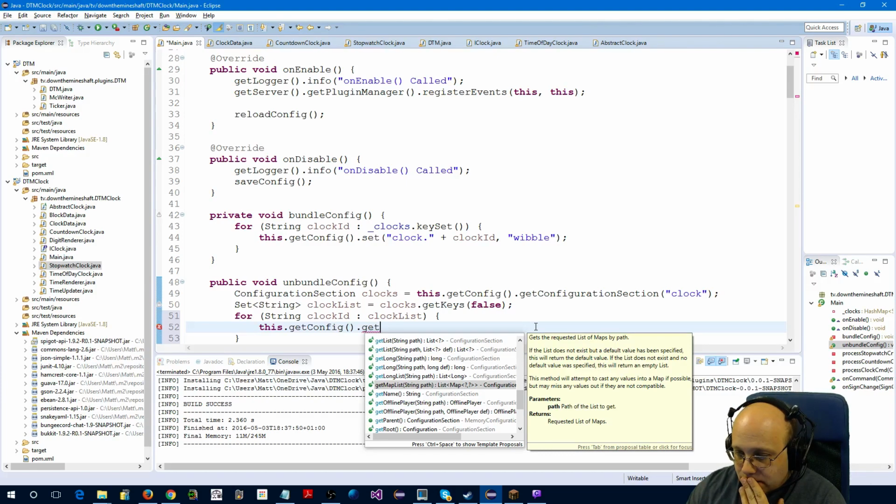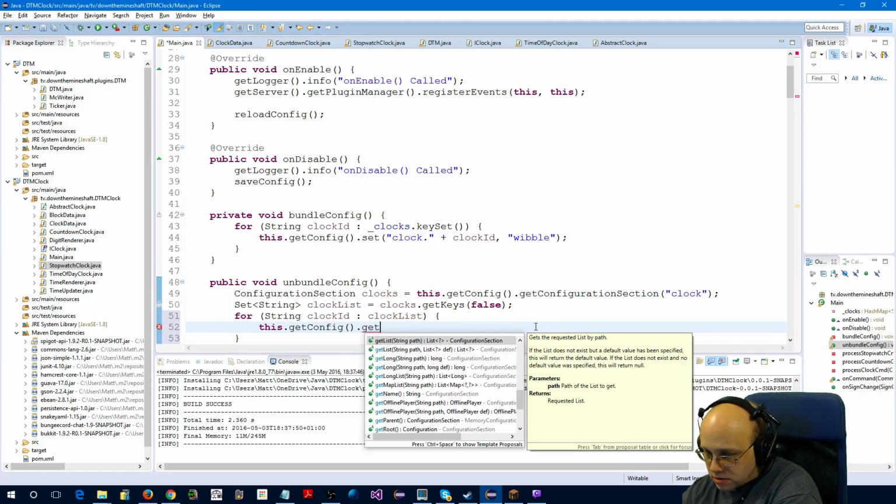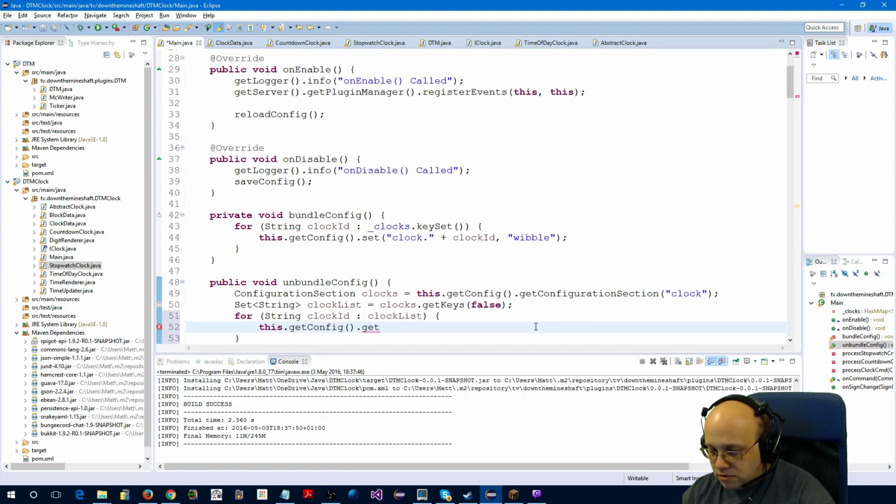Ooh, you can do a map. Interesting. What's a map list? Oh, it's a list of maps. Can't do just a map though. I'm tempted to do a string list and just convert the bits back that I want. That way I don't have to save lots of different parameters out. So let's do a get string list